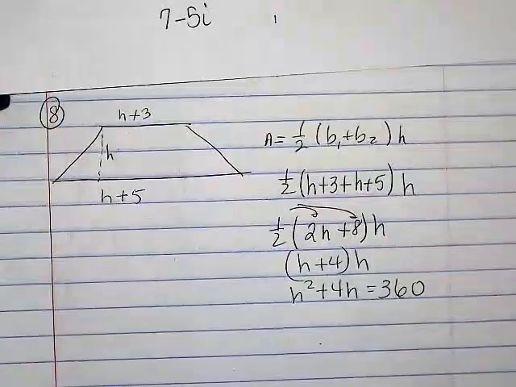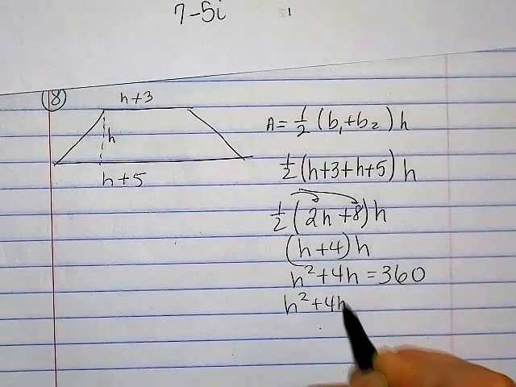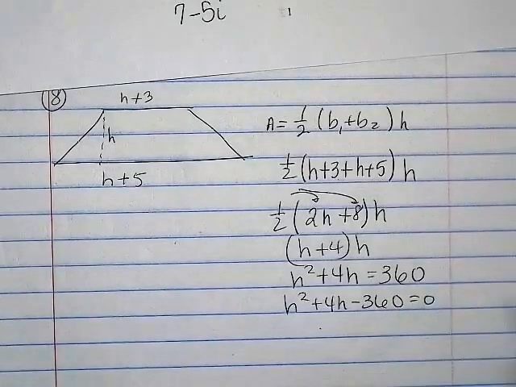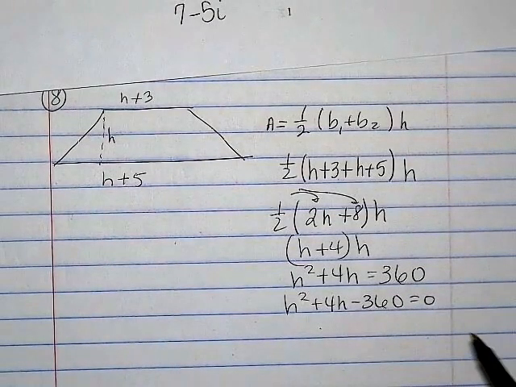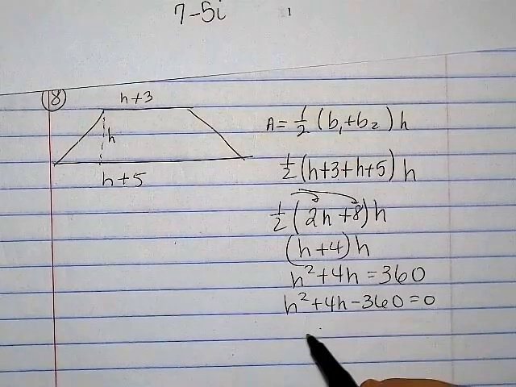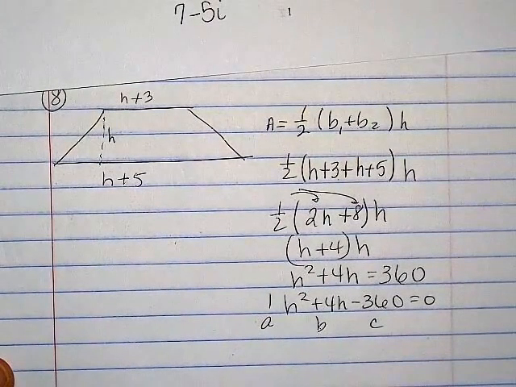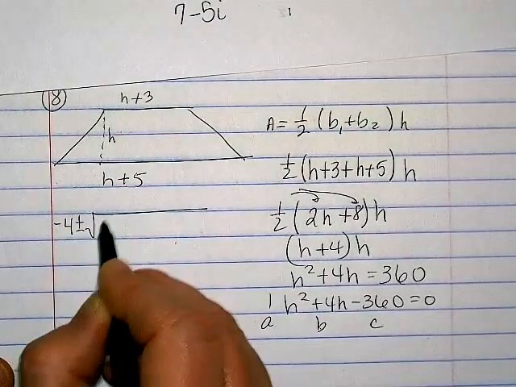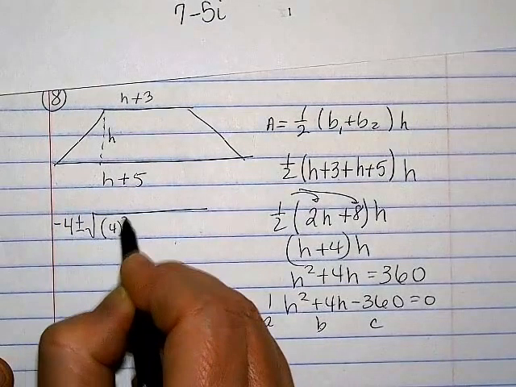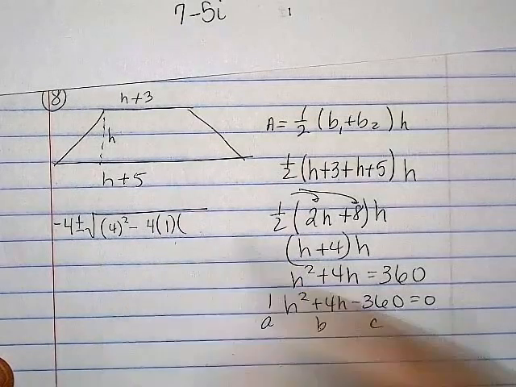Okay. So then you want to move the 360 over, and you want to find the zeros. You want to solve. You can either factor or use the quadratic formula. Let's do the quadratic formula. A is 1, B is 4, C is negative 360. Negative 4 plus or minus the square root of 4 squared minus 4 times A times C